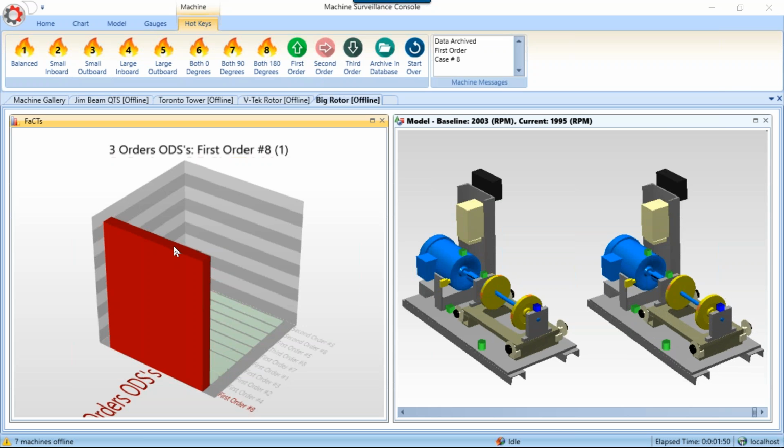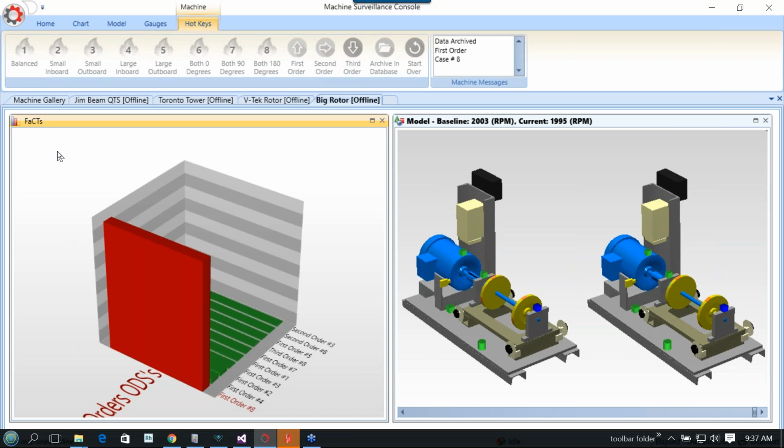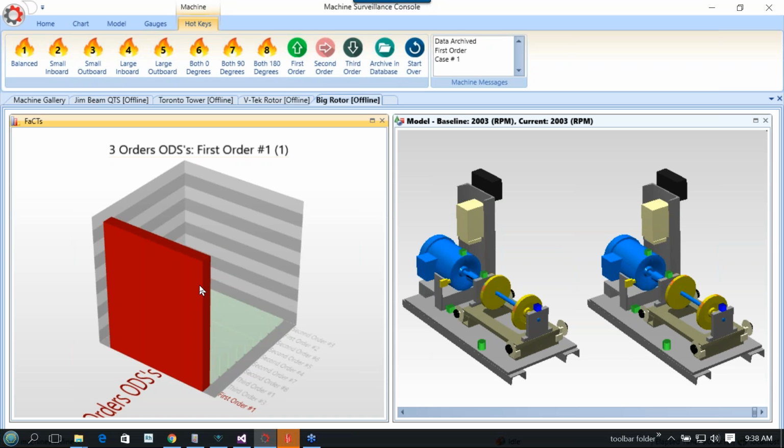That was the last one in here, the balance case. Let's just go ahead and push that balance case again and see if everything is going to work properly here. Okay, so over here, MEscope actually put a little message up telling me what it did. You can see the animation cleaned up and it's balanced, and the FaCTs down here identified the first order case